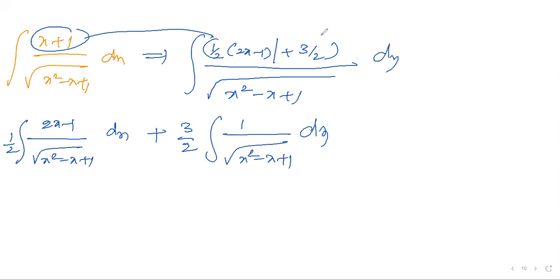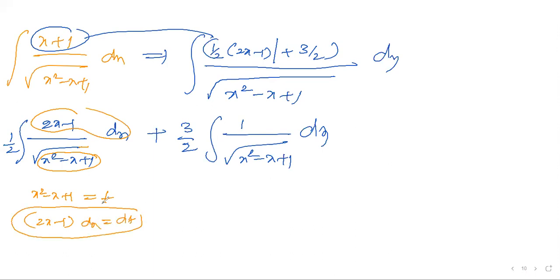After this, what you have to take is this. Please take this as t now. Definitely you will get the answer. This is equal to t, you take this, you get dt, because we already did the differentiation. So dt means 2x minus 1 dx is equal to dt. Okay? Clear? Any doubts? So what we can do is 1 by 2 integration dt by root t. Clear?